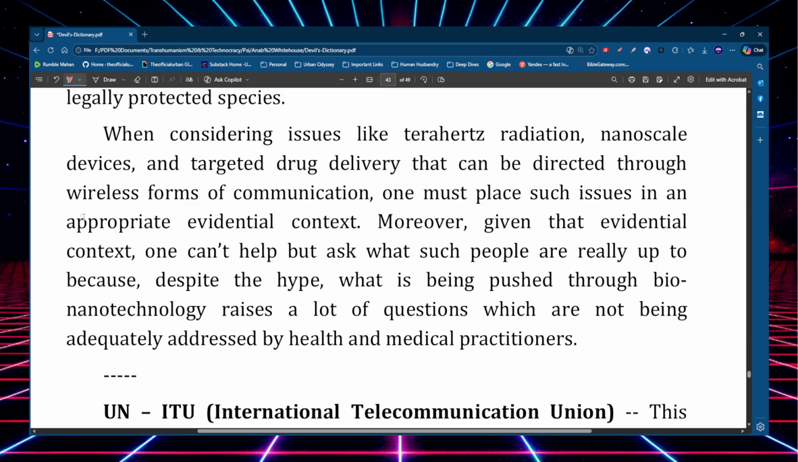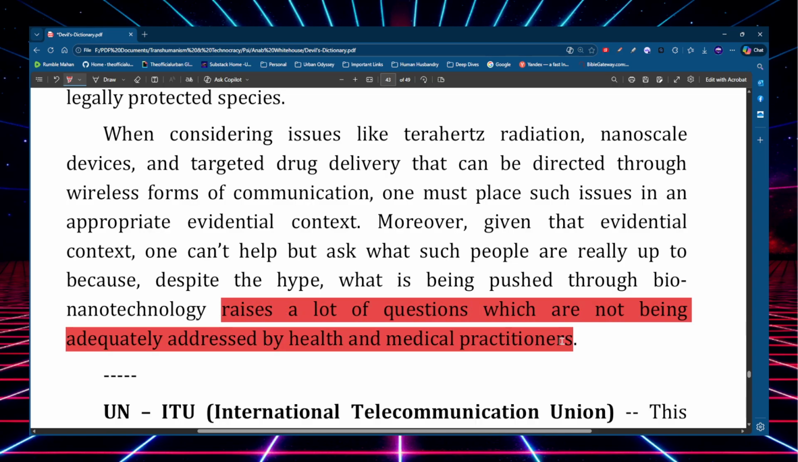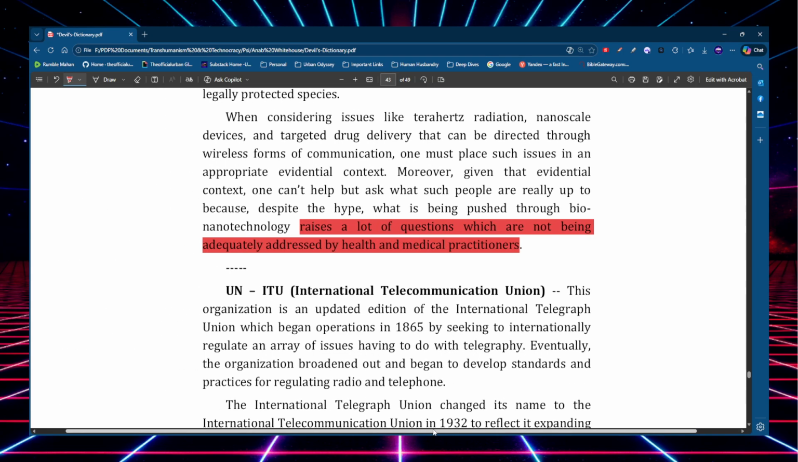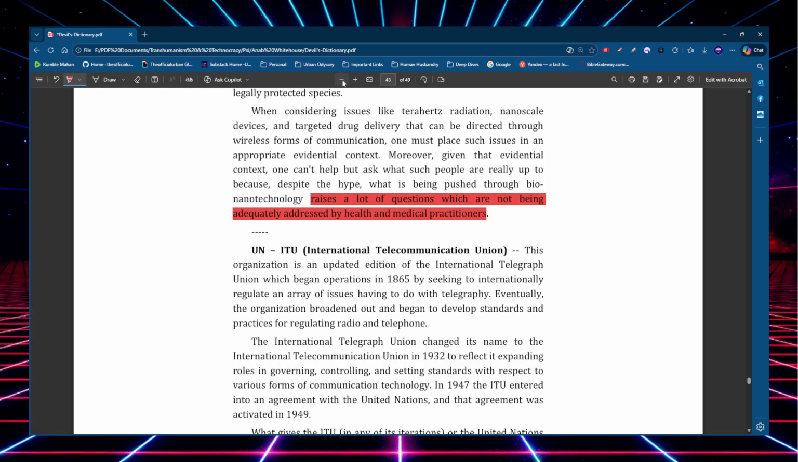Isn't that the truth? When considering issues like terahertz radiation, nanoscale devices, and targeted drug delivery that can be directed through wireless forms of communication, one must place such issues in an appropriate evidential context. Moreover, given that evidential context, one can't help but ask what such people are really up to, because despite the hype, what is being pushed through bio-nanotechnology raises a lot of questions which are not being adequately addressed by health and medical practitioners. And so that is all from terahertz in the Devil's Dictionary, and I highly encourage you guys